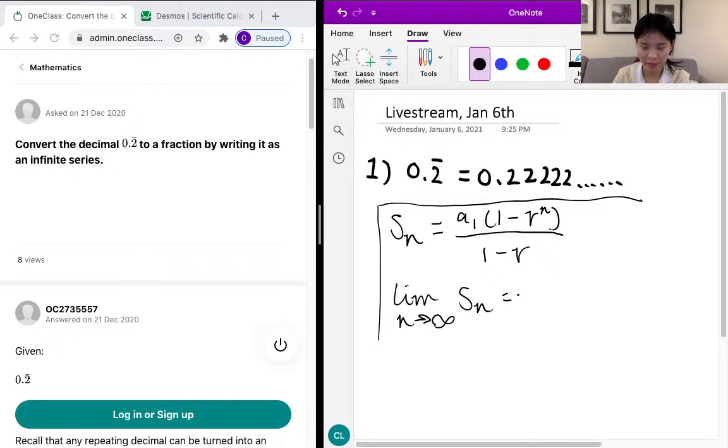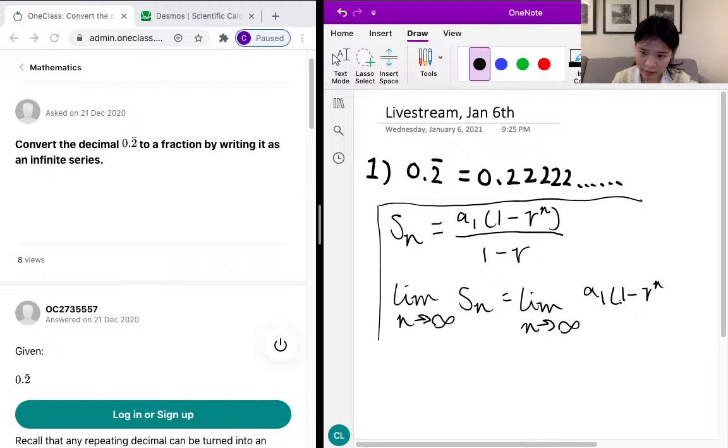So when the number of terms of a geometric series is infinite, what is the sum? That would be the limit as n tends to infinity of A1 times 1 minus R to the n,